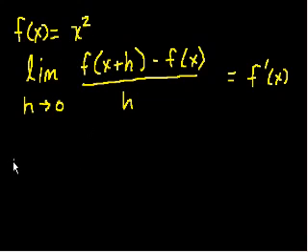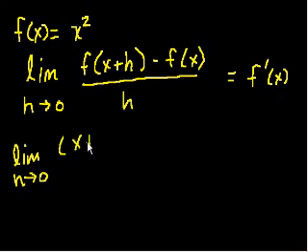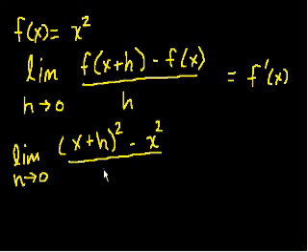So we're going to say the limit as h approaches 0 of f of x plus h. Well, f of x plus h is just x plus h squared, right? I just took the x plus h and put it into f of x, minus f of x. Well, that's just x squared, over h. And this is equal to the limit